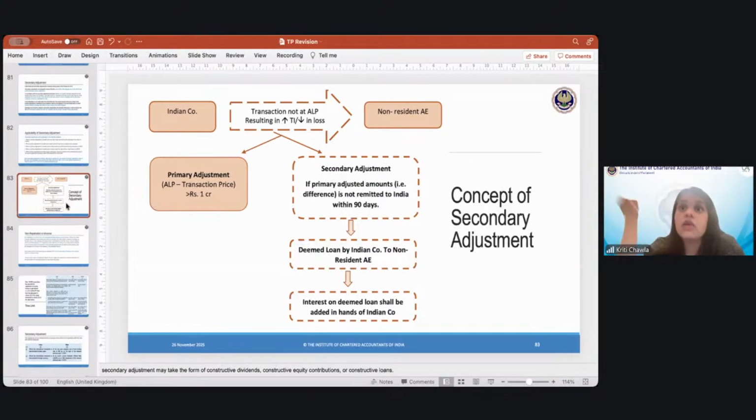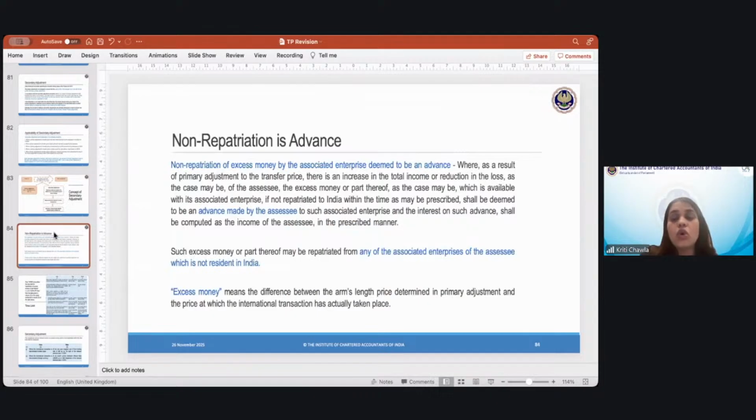What if it's a loan? Well, if it's a deemed loan that the Indian entity has actually given, then the Indian entity should get an interest on that particular amount. So one, you have to remember that if it is not remitted, then this is a deemed loan, and there will be interest on the deemed loan, and this will be added as income to the Indian taxpayer, the Indian company, and they'll have to pay tax on this particular amount. So this is what is mentioned here, that non-repatriation will be considered as an advance